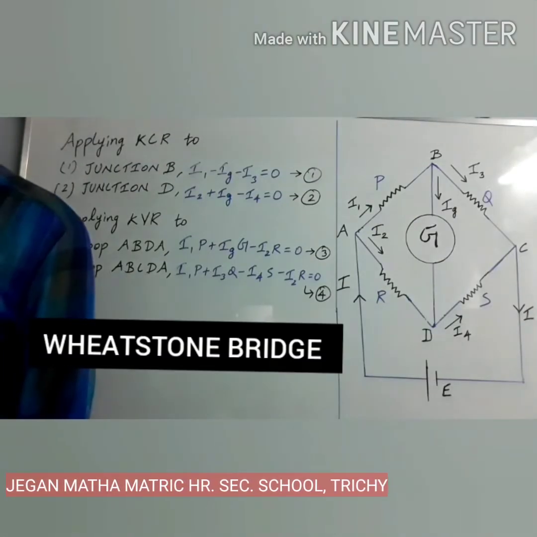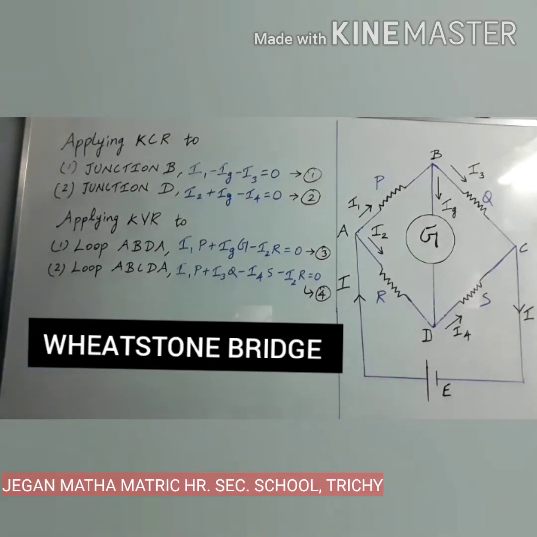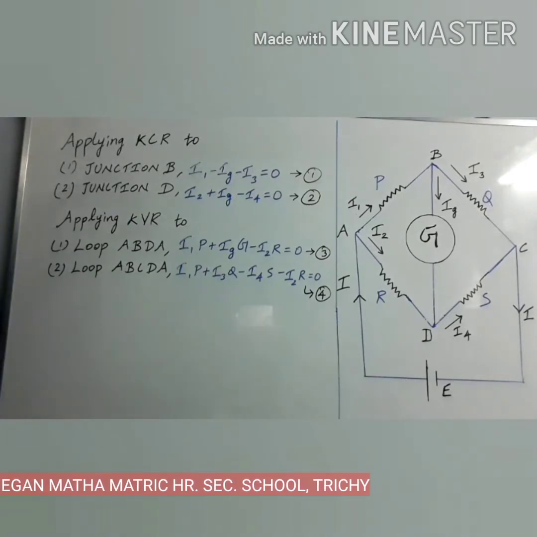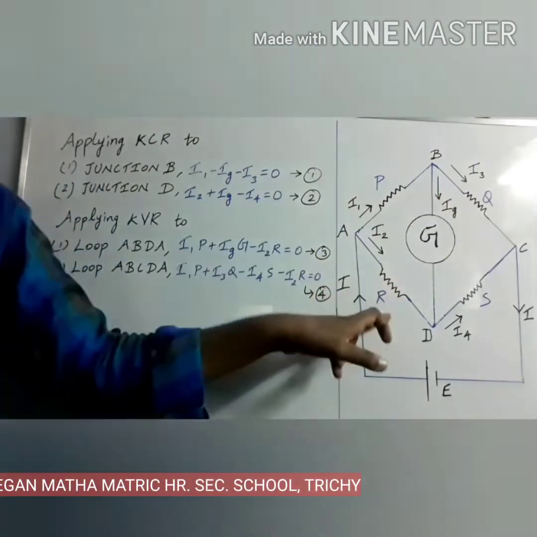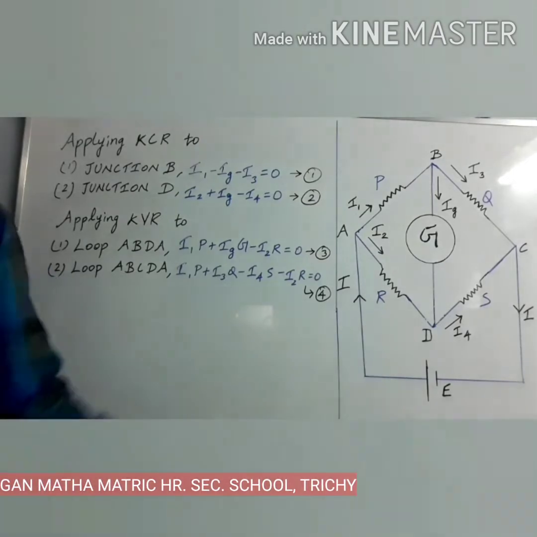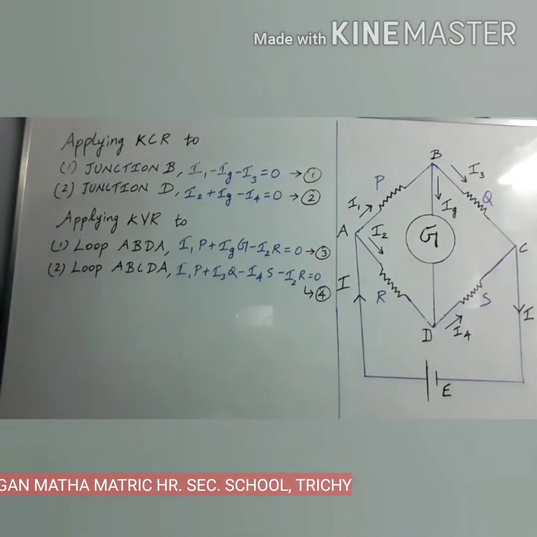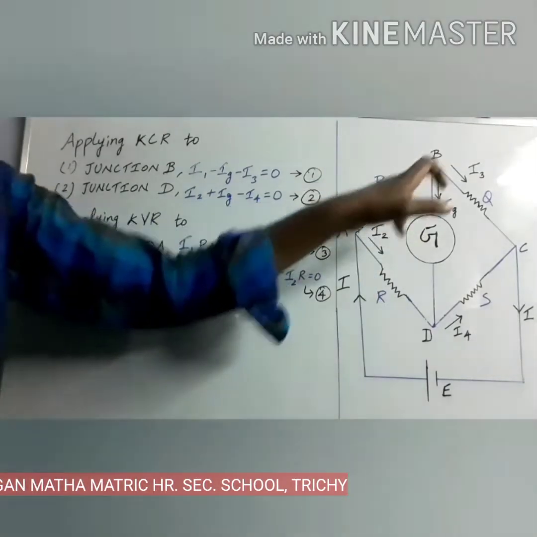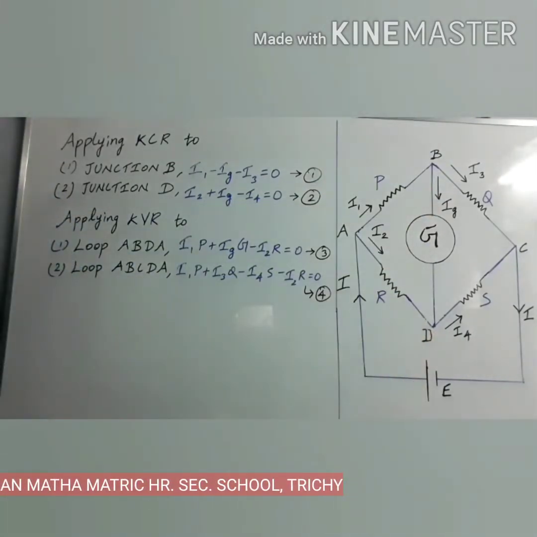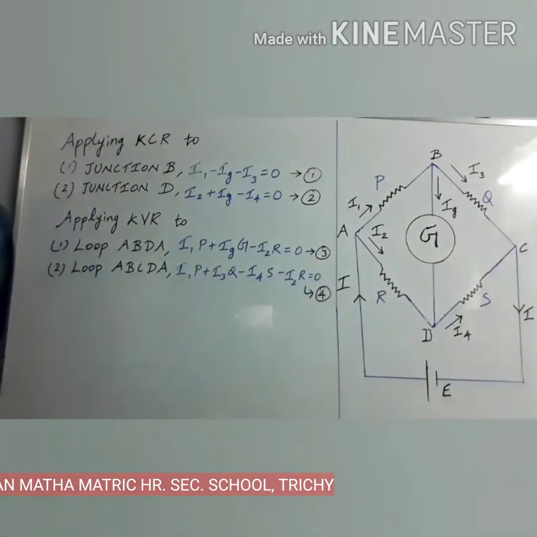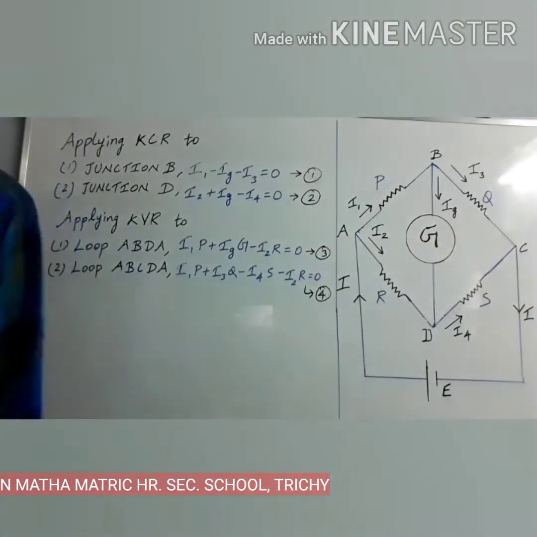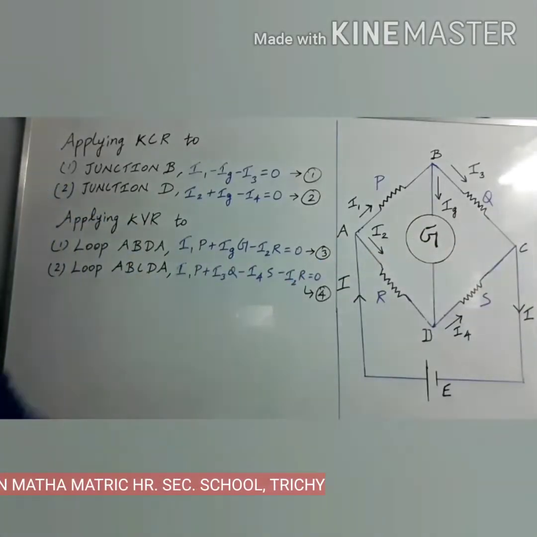Now we are going to discuss an important application of Kirchhoff's rule, which is known as Wheatstone bridge. It is used to compare the resistances and also helps in determining the unknown resistance in an electrical network. The bridge consists of 4 resistances P, Q, R, S connected as shown in the diagram. A galvanometer G is connected between the points B and D. The battery with the EMF E is connected between the points A and C. The current through the galvanometer is Ig.